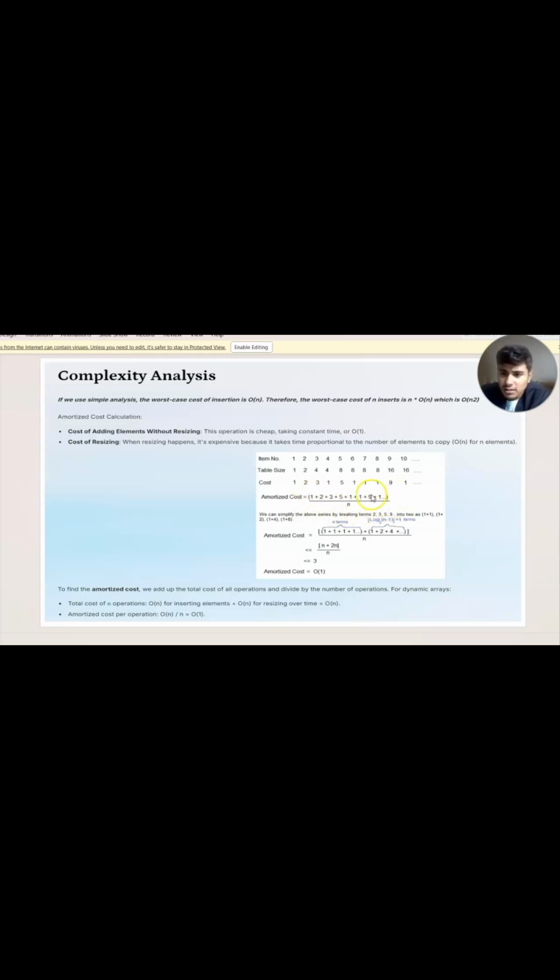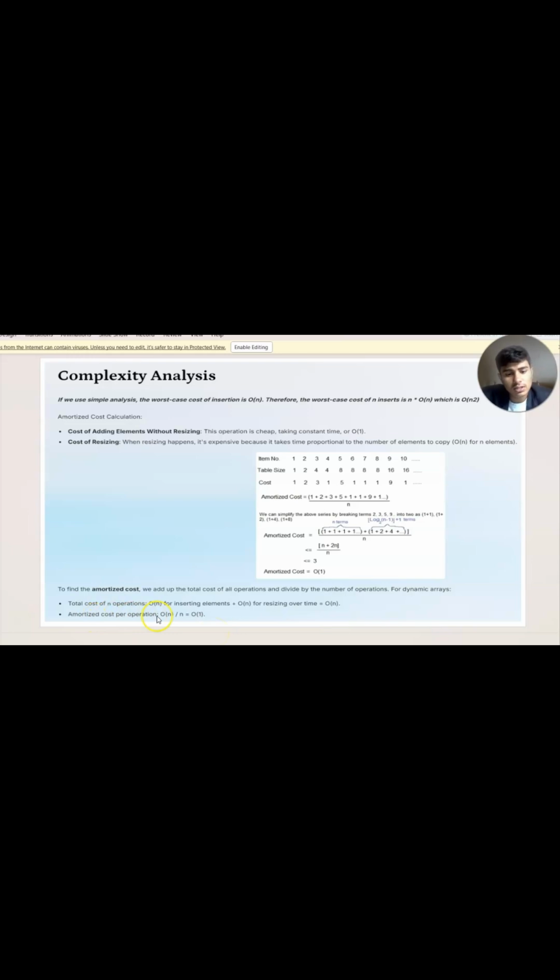The total cost of n operations is O(n) for inserting elements plus O(n) for resizing over time. So O(n) plus O(n), which is nothing but O(n).